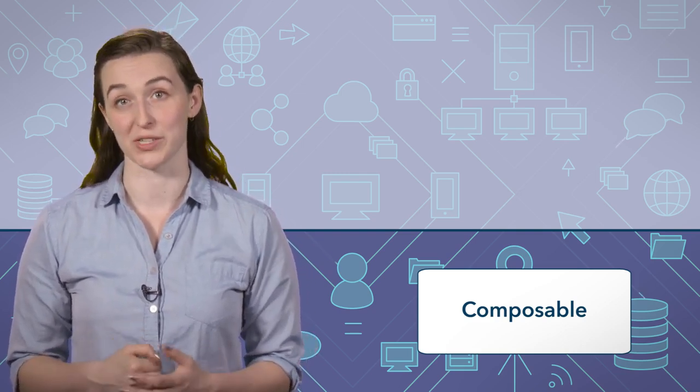Composable. Services can and should be used in combination to create usable applications or other services. In order to be composable, the services must be modular. Using services in combination is like composing objects in an object-oriented programming paradigm. Just like objects can be combined to provide the desired behavior, so too can services in SOA.